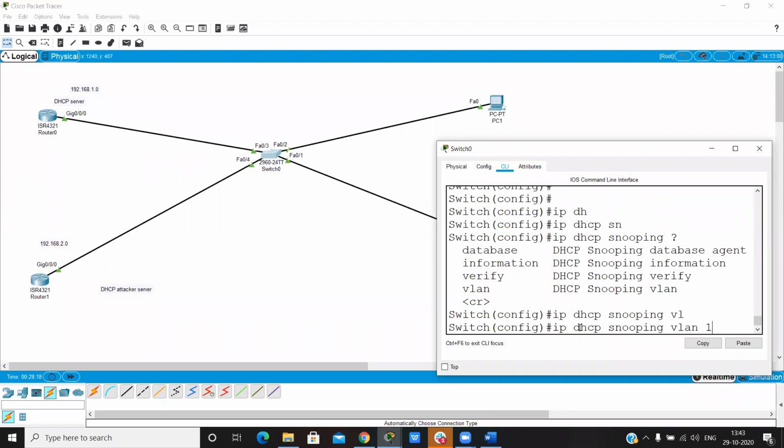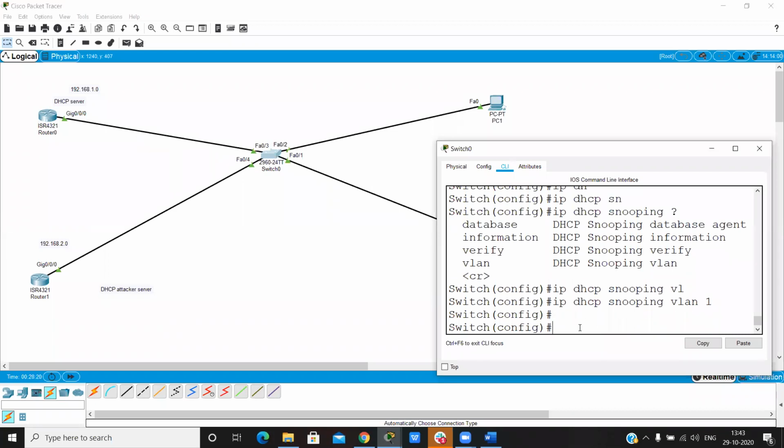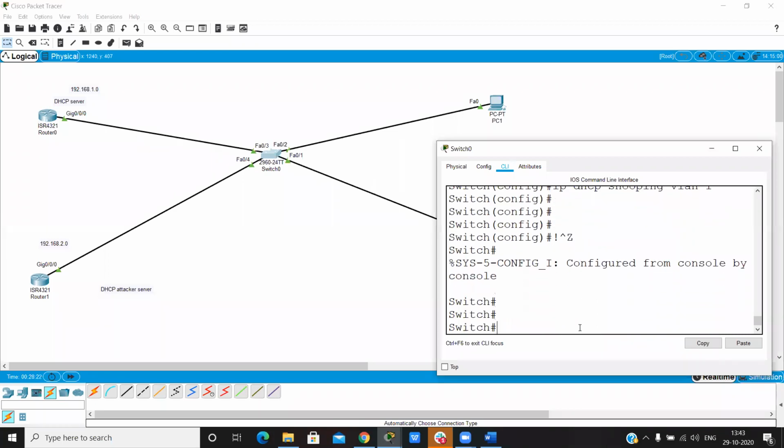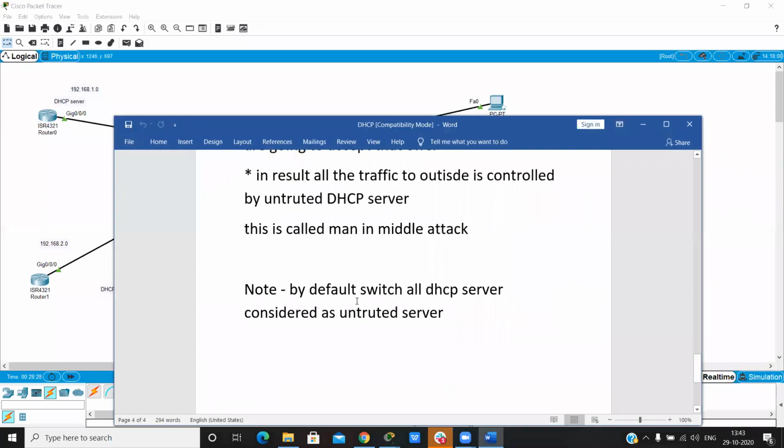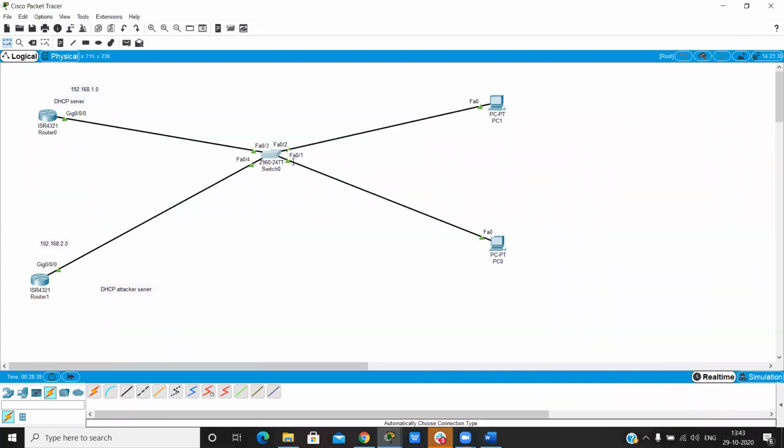By default, all switch ports are in VLAN 1. Now DHCP snooping is enabled. And here we can note one point: by default, when we enable DHCP snooping, the switch considers all DHCP servers as untrusted, like an attacker server.